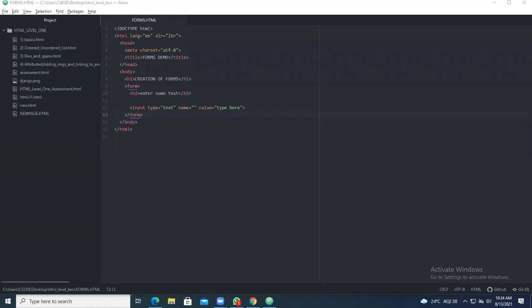Type in the chat box. Email, password, name, login. Sorry, no login. So input type, what are all the things we have given? Only this part will be the input type.